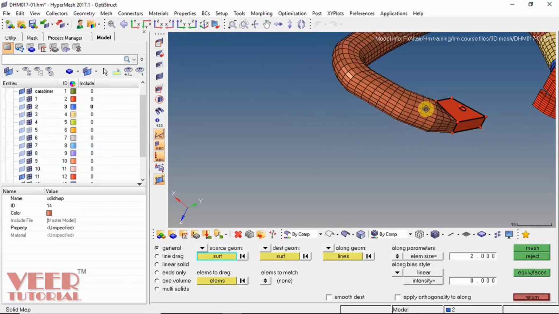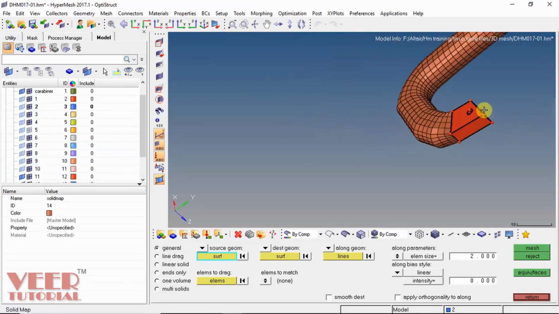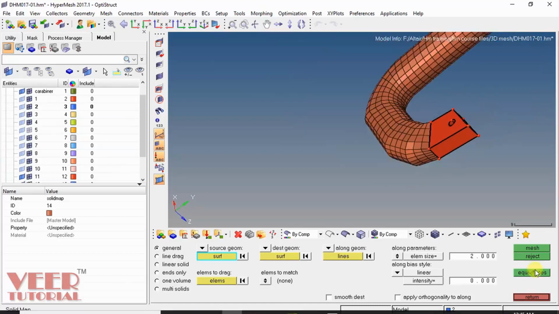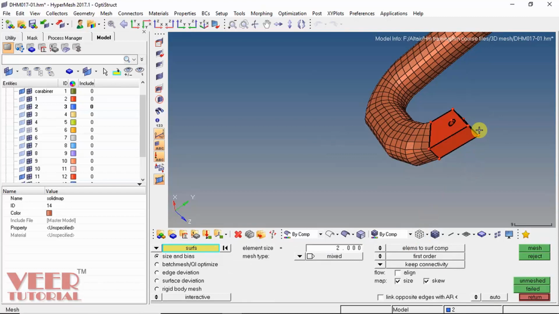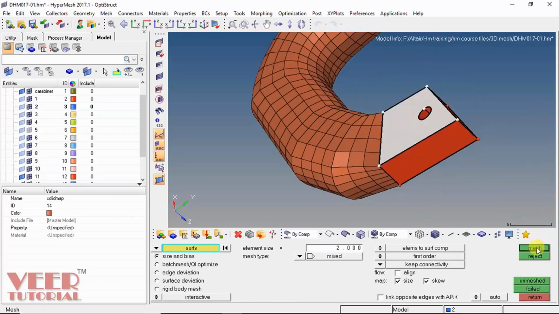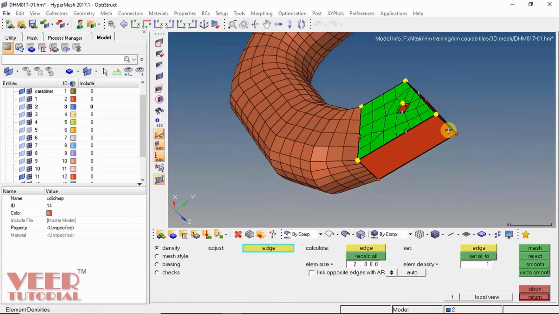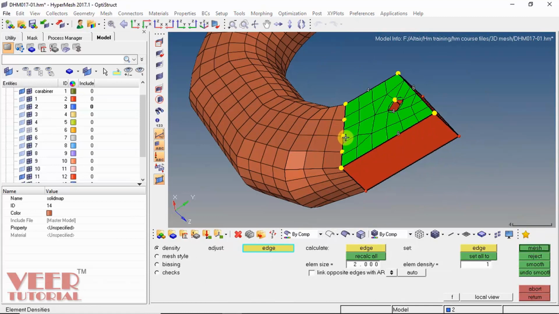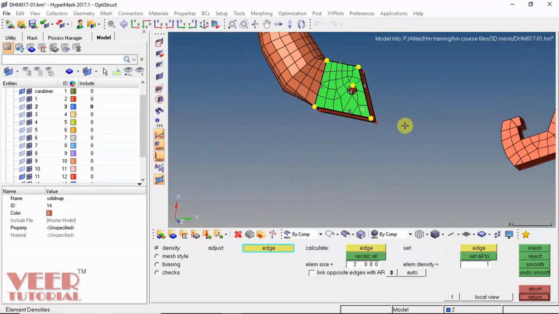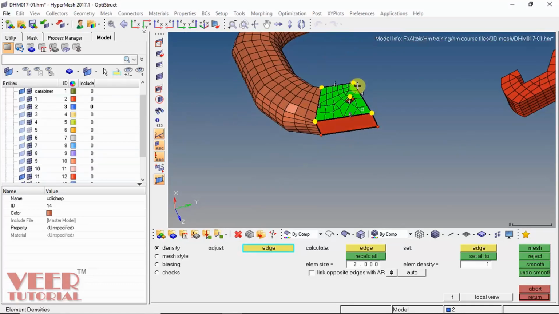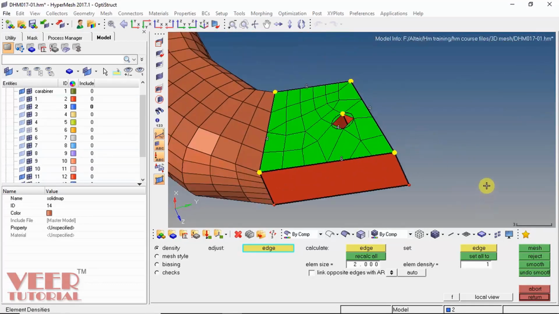Okay, so now we have to do the meshing from top to bottom because we have a hole in this part. To do this meshing, go to 2D auto mesh, select this top face and do the mesh. To make sure the mesh is connected, make it element 4 here and select some different elements here. Make it 6 here like this. So right now I am not worrying about the element quality. So make some elements and then do the mesh.